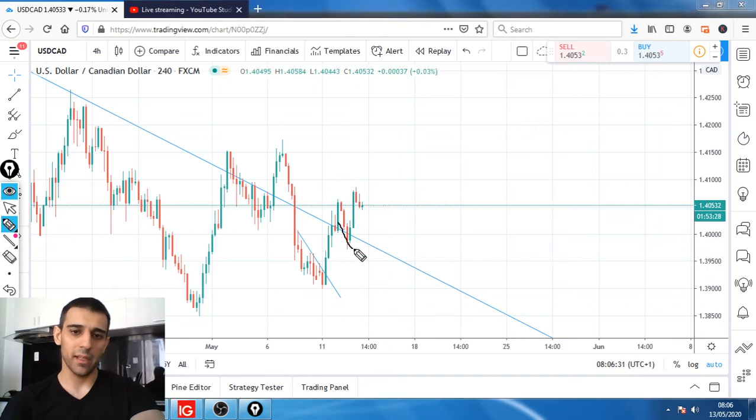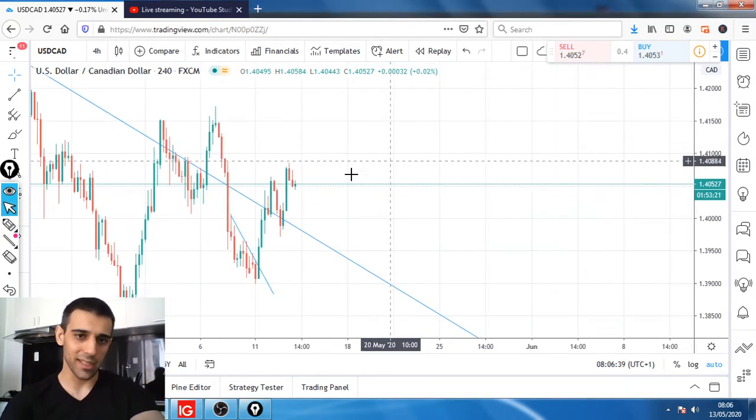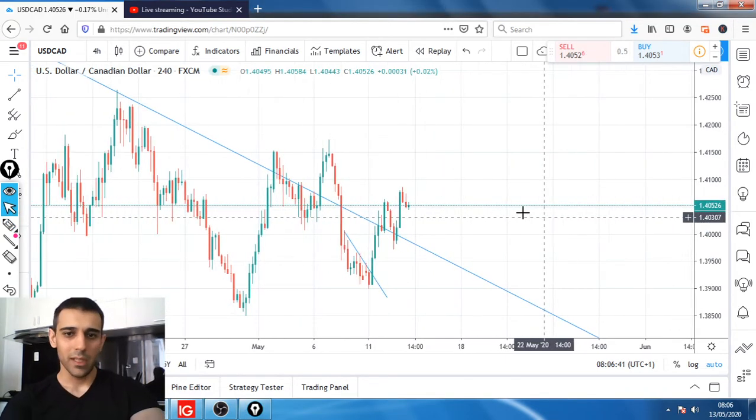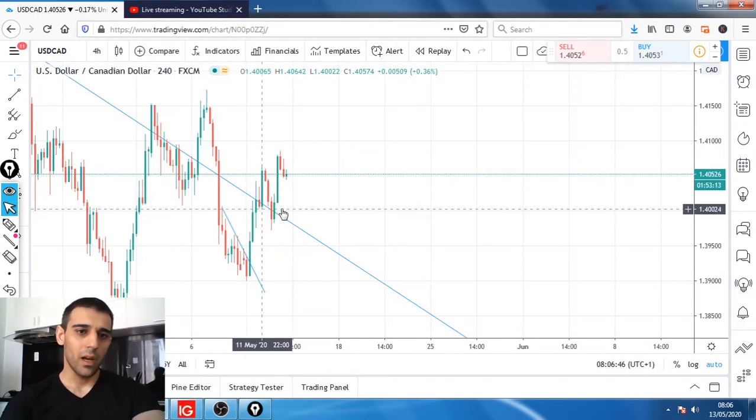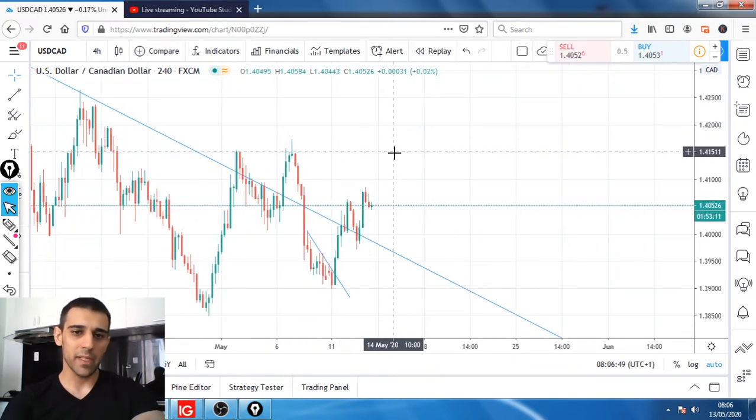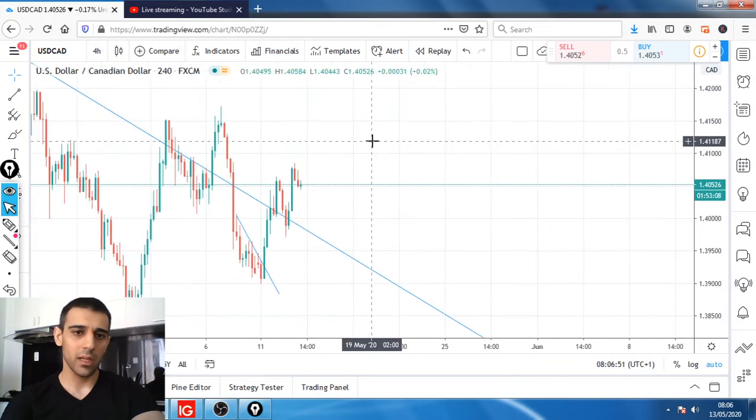But then we've seen that the price pretty much joined our original analysis and went higher, which is annoying when it does that, but the price likes to make it harder for us as traders. So for now, my view is still the same towards upside. And what was the target?